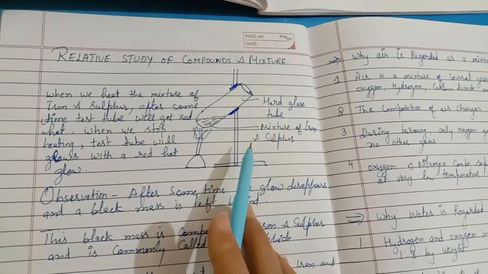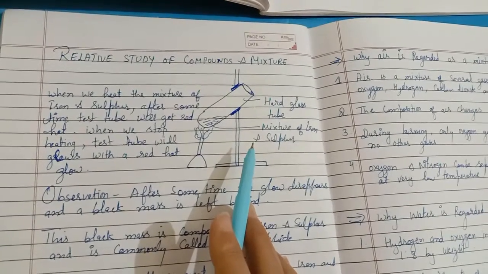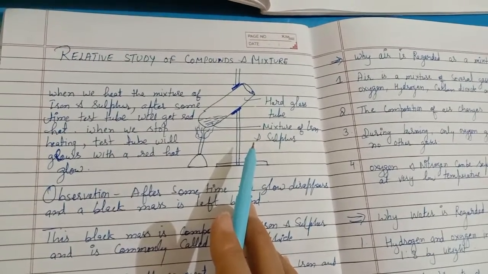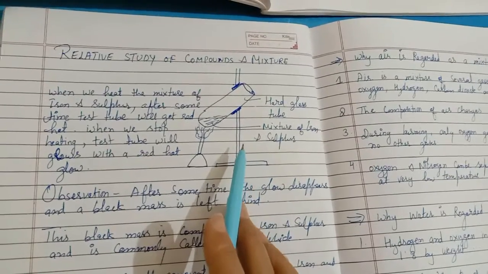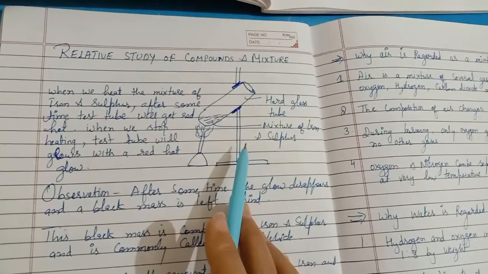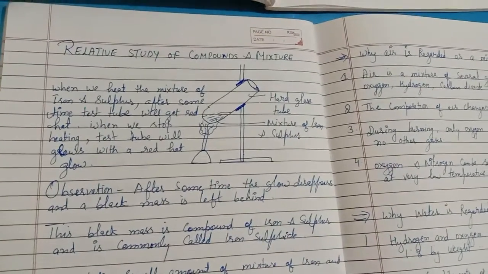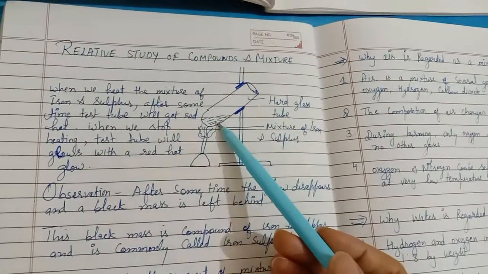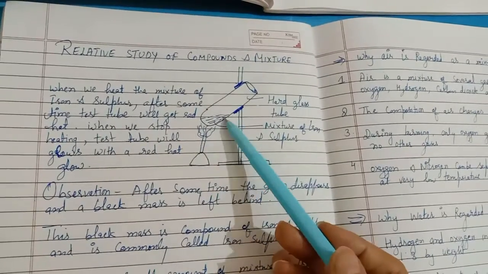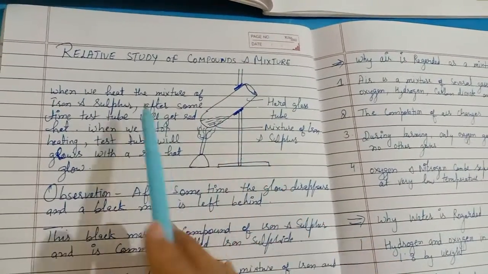We take 7 grams of iron filings and 4 grams of sulfur, and we mix them with the mortar and pestle, and then put it into the test tube. Then we heat the mixture. When we heat the mixture, the test tube will glow